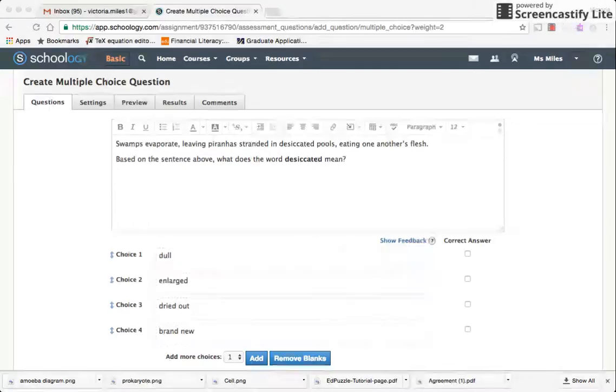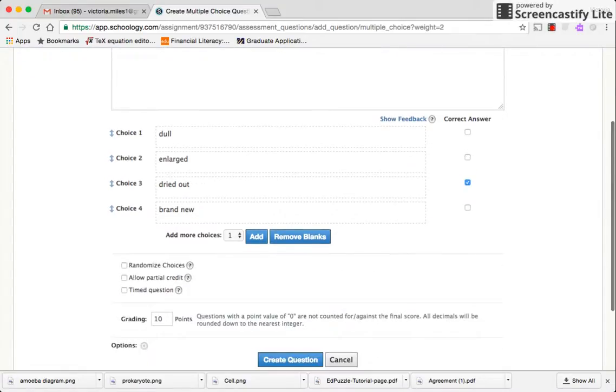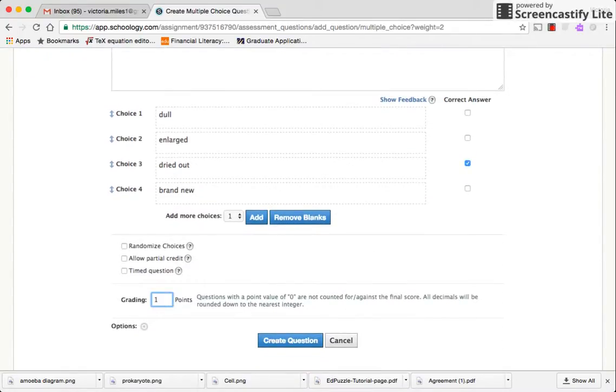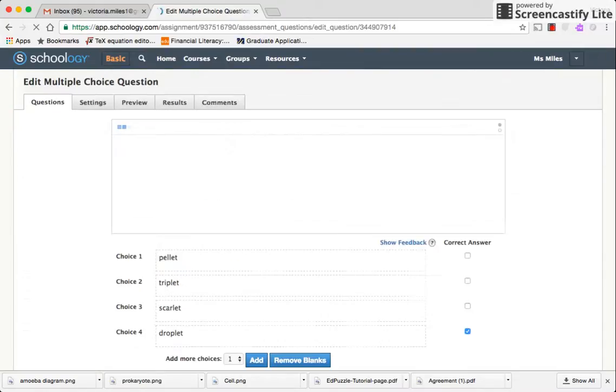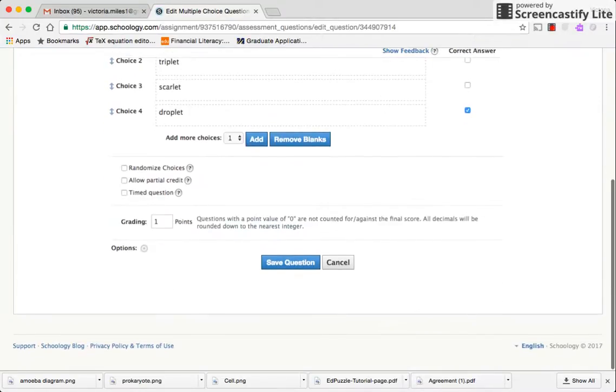And this one is worth 1 point. Okay, so I'm going to create this question. Now, if I go back over here to the first question, let's say I knew which standard that it mapped to. Down at the bottom,